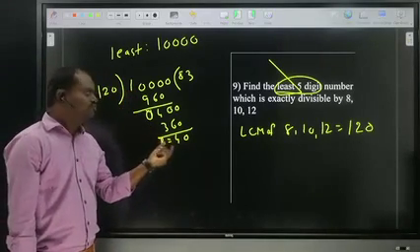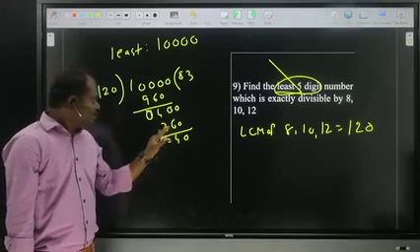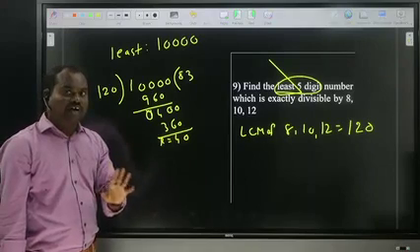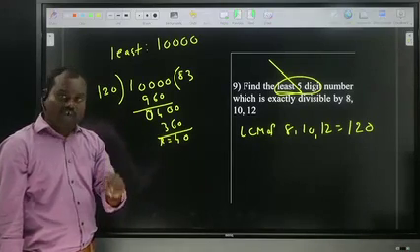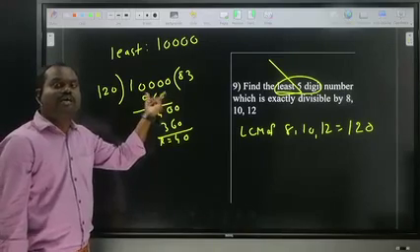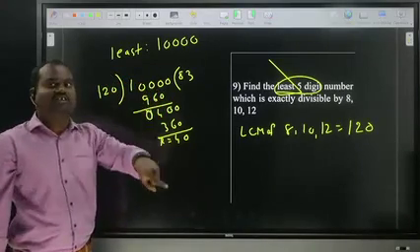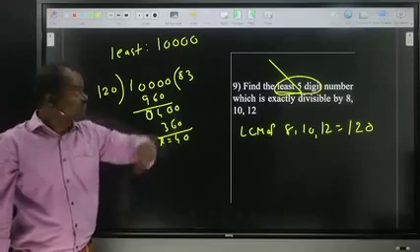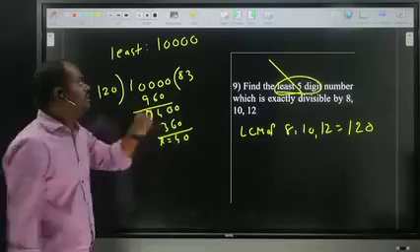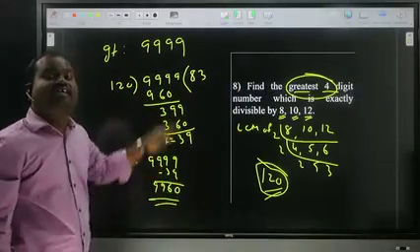40 remainder means 40 is excess there. If you subtract that 40, it is divisible. But we should not subtract, because by subtracting 40 from this, it will become a 4-digit number. We do not require that kind. We require a 5-digit number. In the earlier case we could subtract, in the earlier problem I said subtraction when greatest,